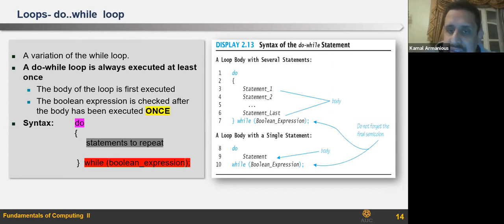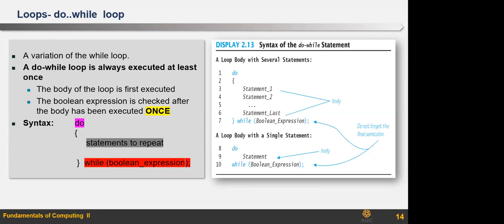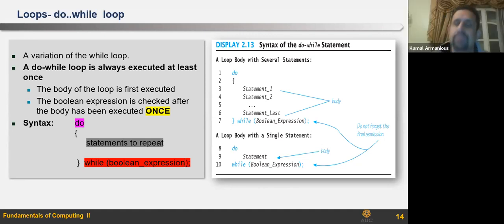Yes? As far as what, Rana? It will be executed once and repeated as far as what? The Boolean expression equals true? That's great. So, the major difference: the while loop may not be executed at all. The do while loop will be executed at least once, then evaluate the while Boolean expression, and then repeat itself as far as the Boolean expression is true.